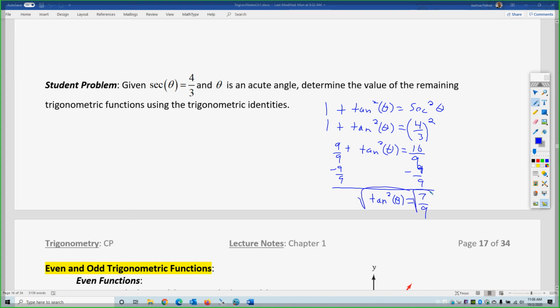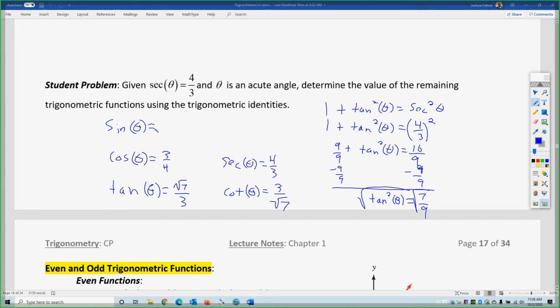So that means our tangent, which we had over here, right? Tangent of theta equals root 7 over 3, because you can do the square root of 9, but not so much of the 7. So that means our cotangent of theta is 3 over root 7 using the reciprocal identity. So we had the secant. That was 4/3. And we figured out the cosine from the reciprocal identity, which is 3/4. So now we can figure out sine,